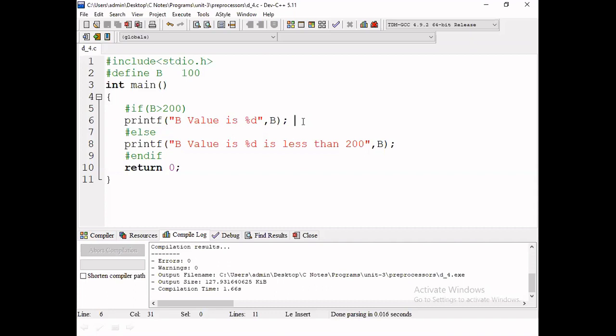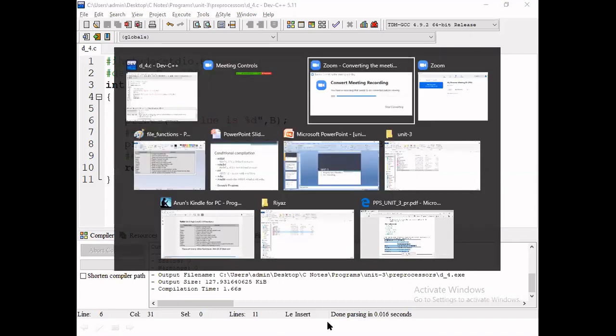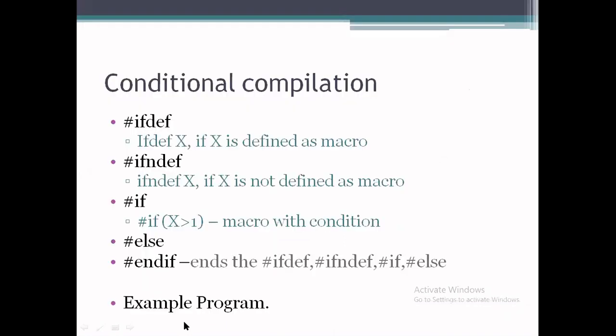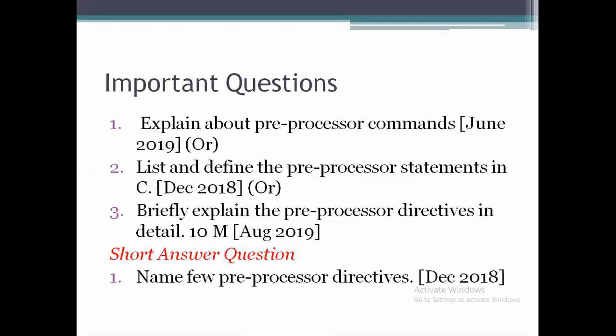If it is not true, then the else part, one or multiple statements, will be executed. Finally, it must end with the #endif statement. This is the last part in conditional compilation. So the total concepts are completed.